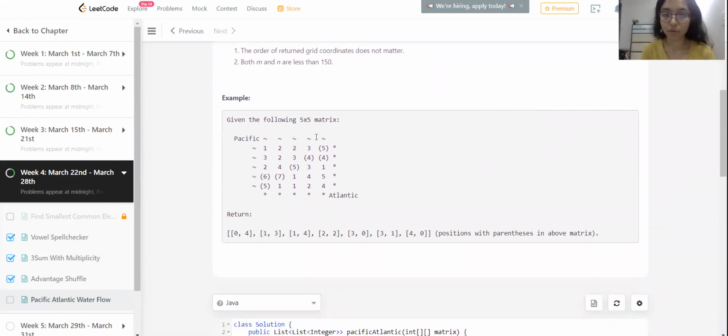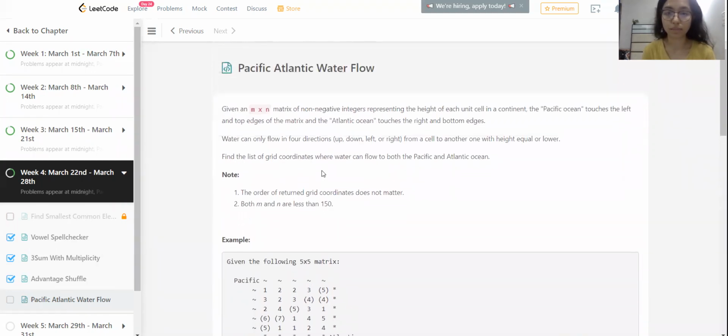Basically, from the top and left part, the Pacific Ocean is flowing, and from the right and bottom part, the Atlantic Ocean is flowing. We need to return an array list which contains the matrix locations where both of these oceans intersect.